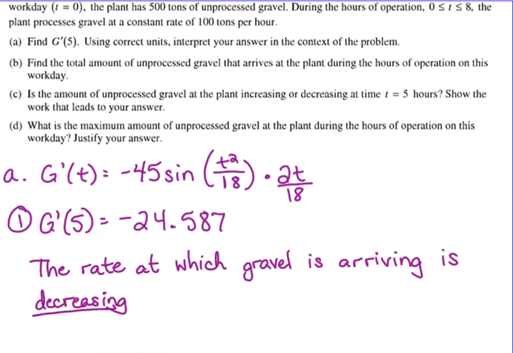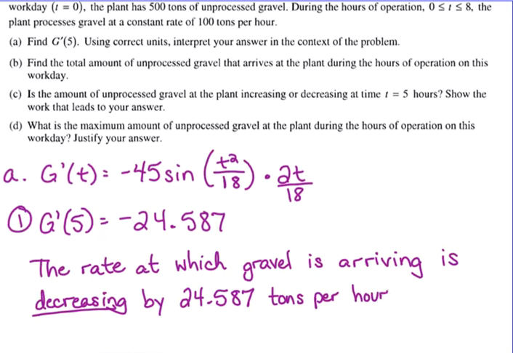I'm not going to include the negative with the number when I write it because I said decreasing. You want to write it in words. If it was positive, then it would be increasing. Since it's negative, it's decreasing by 24.587 tons per hour